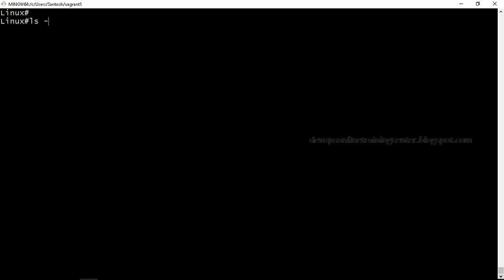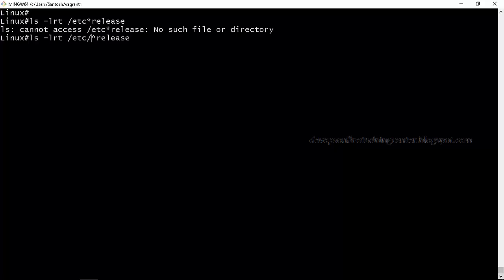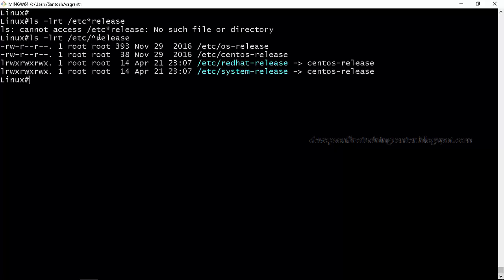If I just do ls -lrt star release, this will match all the content. So all the files which are ending with release will be printed, right? So the star will match all these things: OS hyphen, CentOS, Red Hat, system, etc. Right? So this is called a wild character or meta character.